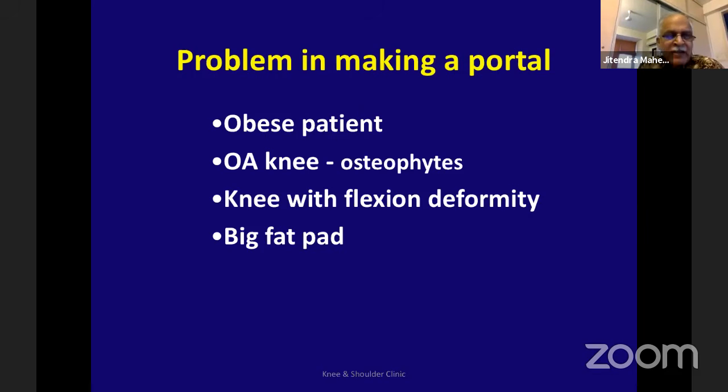Big fat pad is a big problem for all of us. It is always big when you are a beginning surgeon, and then you know every fat pad is a small fat pad because you learn how to handle the fat pad. But you can sometimes see even on the MRI, it's a huge fat pad, and you can be a little bit mentally prepared. Then if there's a locked meniscus, often it is very difficult to enter the joint because a locked meniscus doesn't